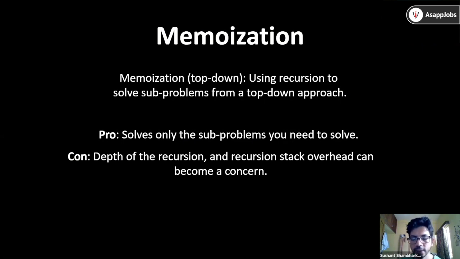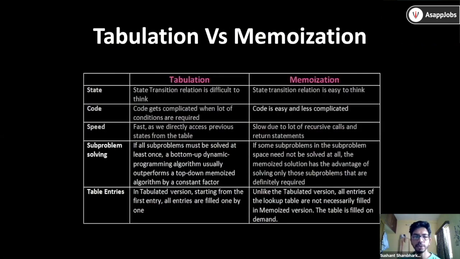So this is just a theory part. These are the differences between tabulation and memoization. So what is state? When you're getting an input, say for Fibonacci, you want to calculate the 50th Fibonacci number. For that, you have to calculate the previous two, right? You have to get the value of the 49th and 48th to calculate the 50th answer. So that is your state. 50th is one state, 49 is one state, 48 is one state.